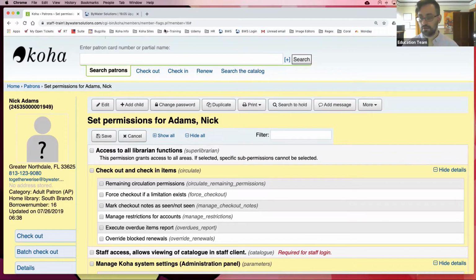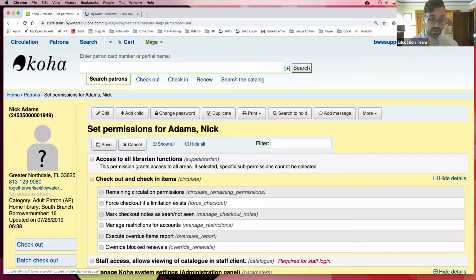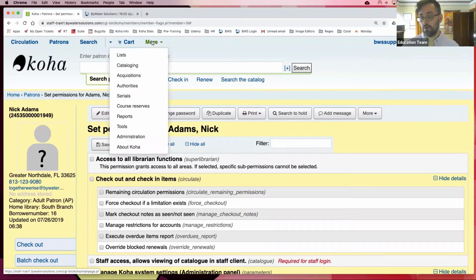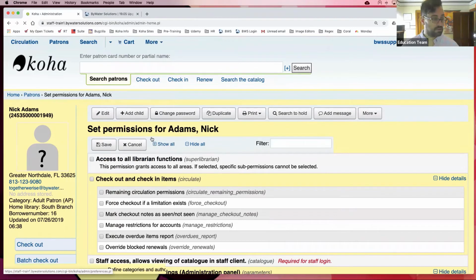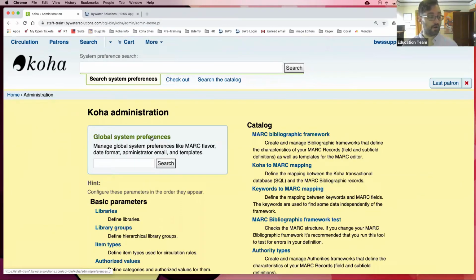Speaking of patrons, I've got a couple of changes next to patron category setup. Specifically, permissions for whether or not your patrons get to change and reset their passwords from the OPAC. So if I go to System Preferences,